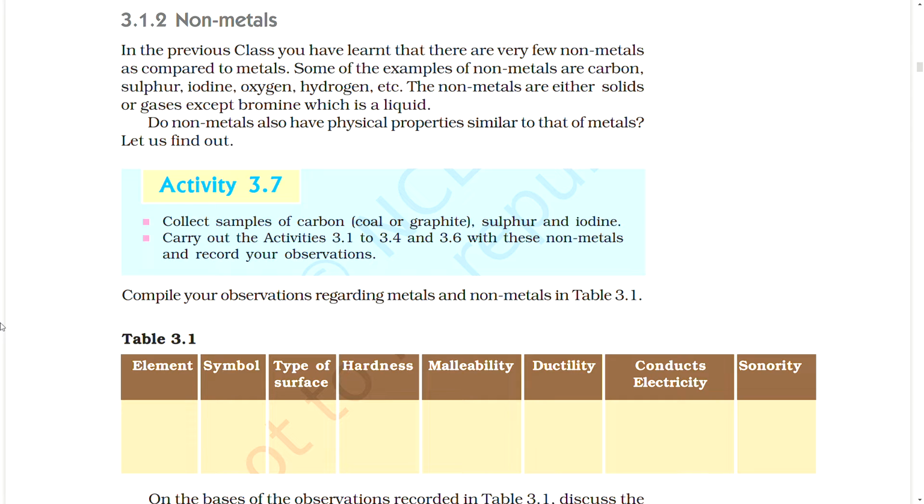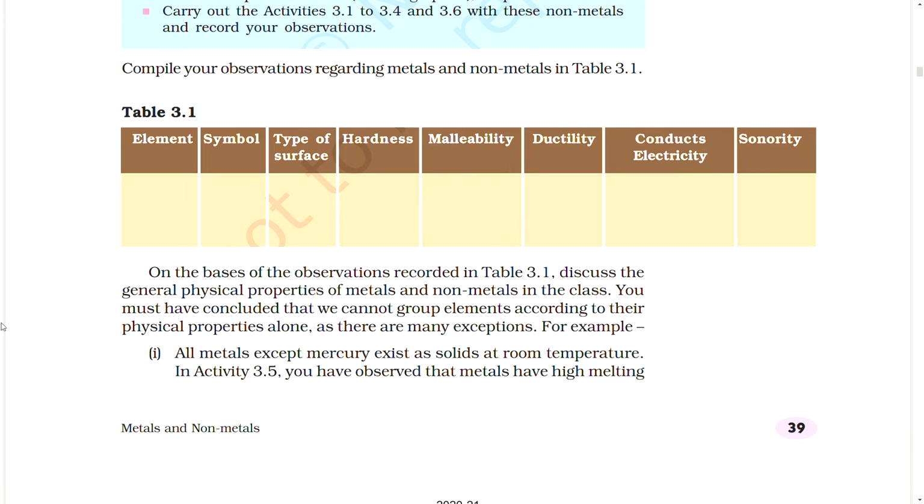Compile your observations regarding metals and non-metals in a table. Columns: element, symbol, type of surface, hardness, malleability, ductility, conducts electricity, sonority. Comment this. On the basis of the observations recorded in the table, discuss the general physical properties of metals and non-metals